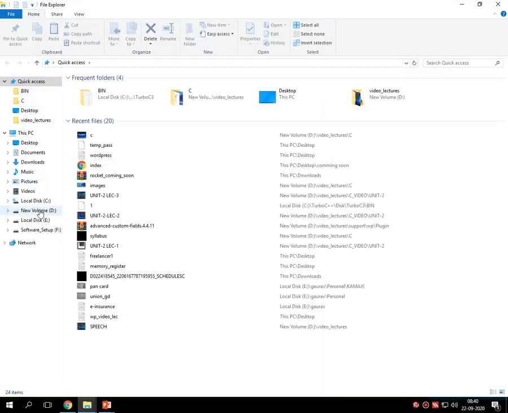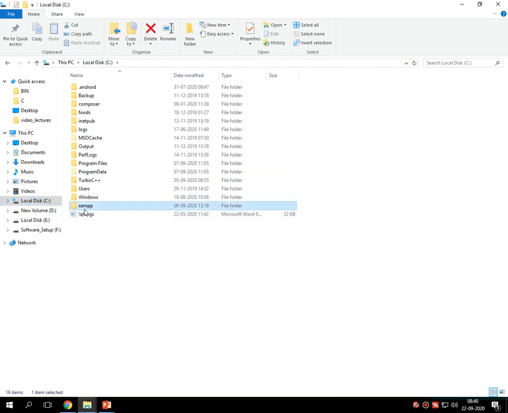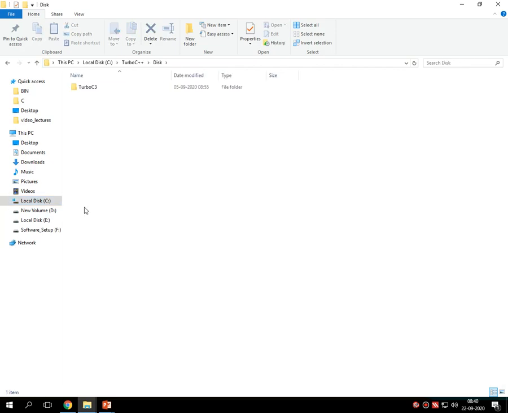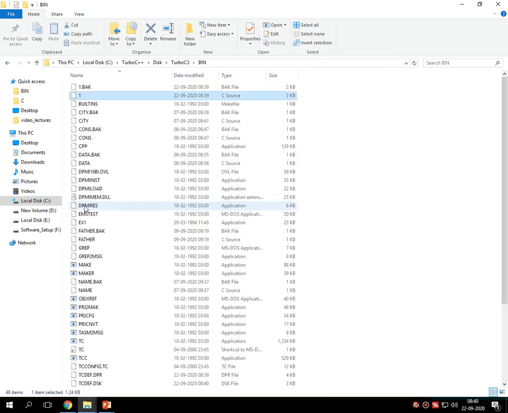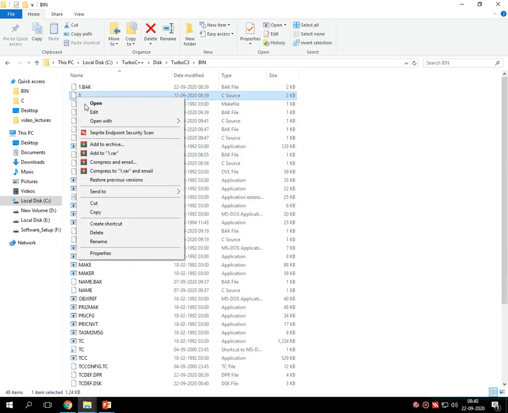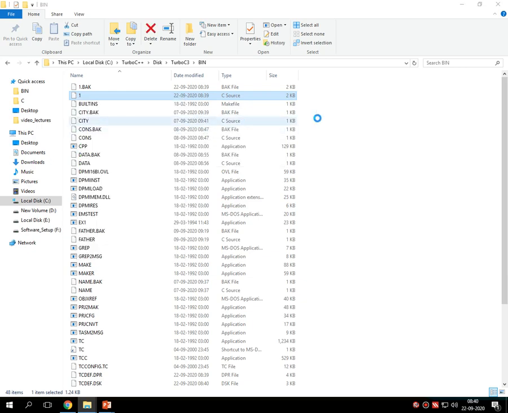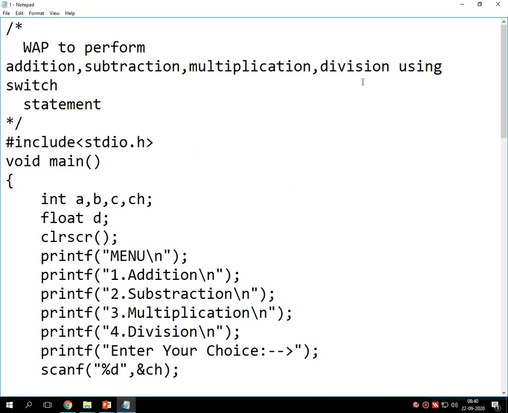So let me open the program, C drive, Turbo C, disk, bin, and yeah, this is the program. Write a program to perform addition, subtraction, multiplication, division using switch statement.